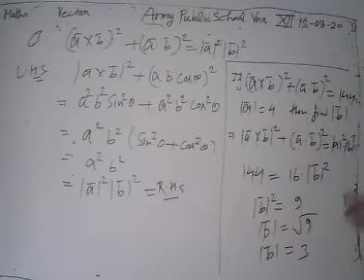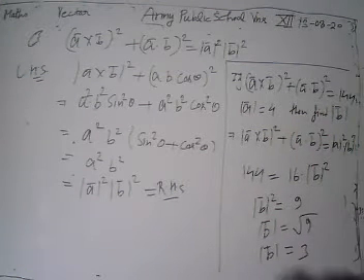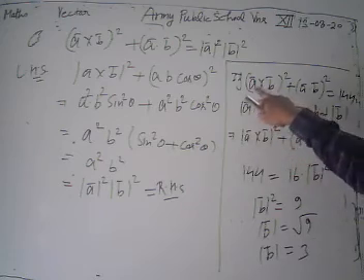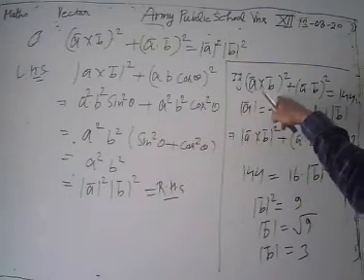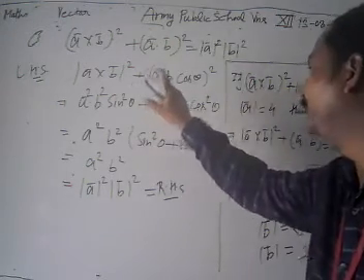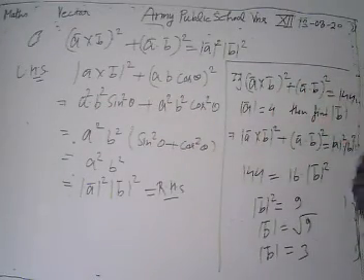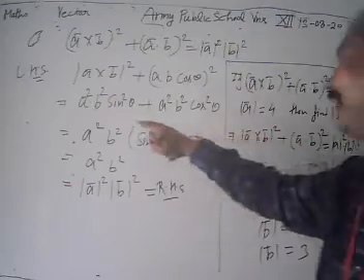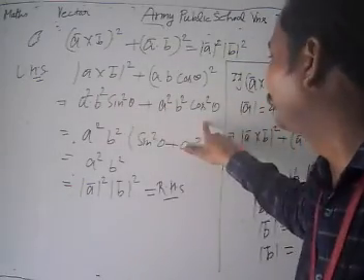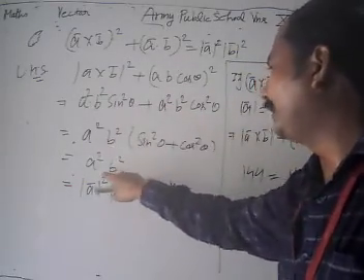Look, if we do not have this relationship in mind, then this must be a difficult problem to solve. But it is not going to be difficult if you have the concept, because we are going to put the vector a cross b as sin theta n cap, putting the values in a similar manner. If you don't have the formula in mind, then just put the values in the same manner. Take out common, then you get a square, then modulus of a square b square.